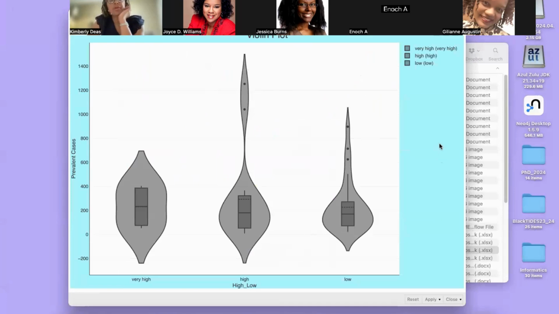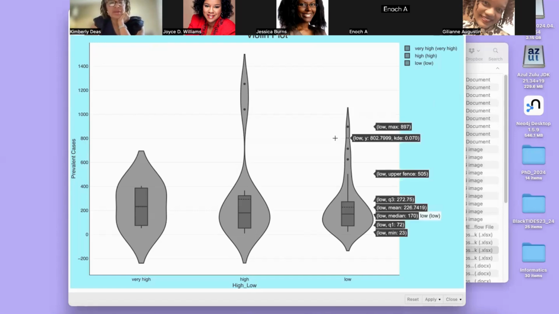Okay, so first of all, you can configure this however you want in KNIME. I like shades of blue. This is one of my favorites in the summer, so I just went with this one. But some interesting things here. Some of you may be wondering why I did a violin plot. I do a violin plot because I want to know what the shape of my distribution is, right? Box plots will give you outliers. I want to know how that relates to the shape of my distribution.